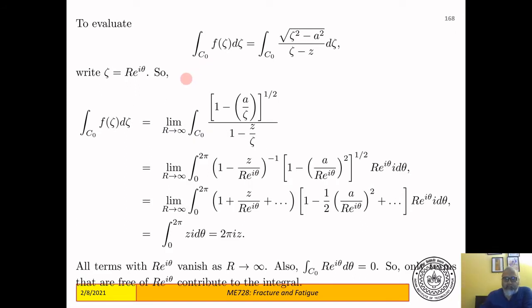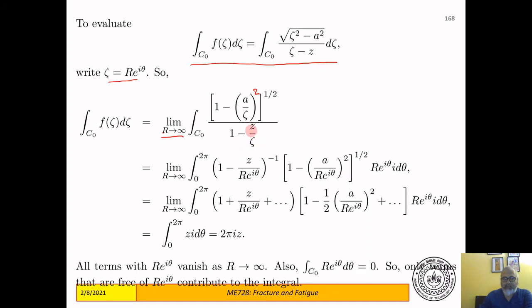Now let us calculate this integral over c naught. So this integral can be written, we can take the zeta below the a, and so this can be written as this, z by 1 minus z by zeta. To calculate this, we have to do it over that large circle. So on that large circle, zeta is equal to r e to the power i theta. We'll take r tends to infinity because we want that large circle to be far away, and then we do